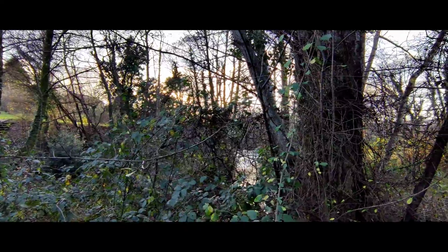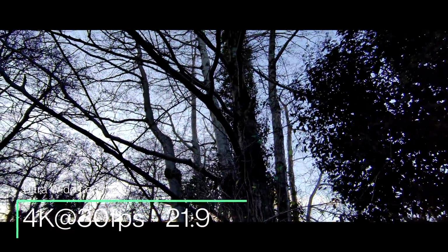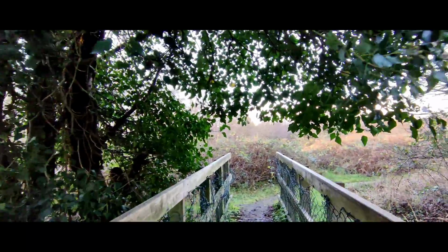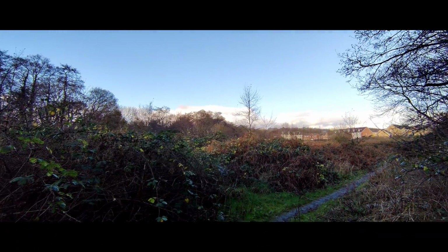Okay, so as per the OnePlus 8 series, the 8 and the 8 Pro before it, you also get this Cine mode. Now it's been renamed, so it's not Cine mode anymore, it's now just 21:9, and this is with the ultra wide camera, where as you can see the choppy frame rate is really quite poor in my opinion. So we'll just walk down this bridge here. So you get stabilization in the 21:9 mode, where as you can see, sideways pans